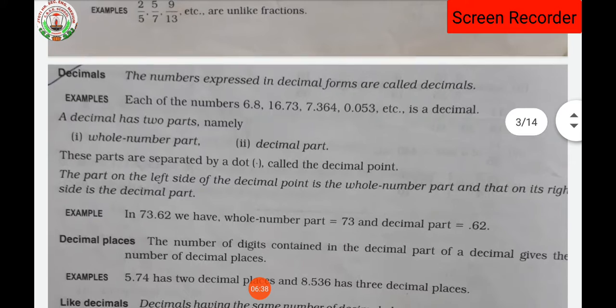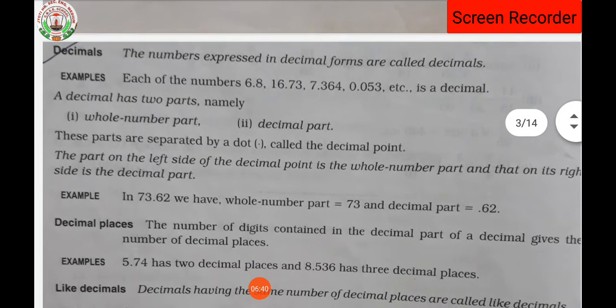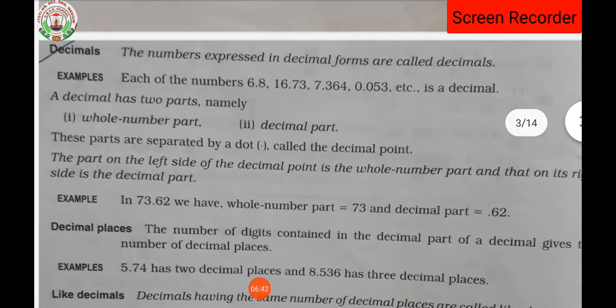Fractions is over. Now since the chapter is about decimals also, we are going to see some definitions of decimals. A number expressed in decimal form is called a decimal. Everybody knows decimals. Suppose 1 by 10 is there, it can be represented as 0.1, isn't it? 1 upon 20 can be represented as 0.05. Represent as means dividing 1 by 20 gives 0.05, and that is what we call a decimal. Have you understood? The numbers expressed in decimal form are called decimals.